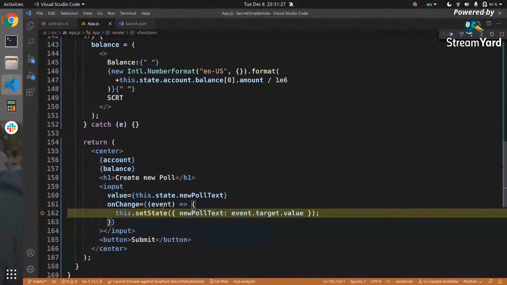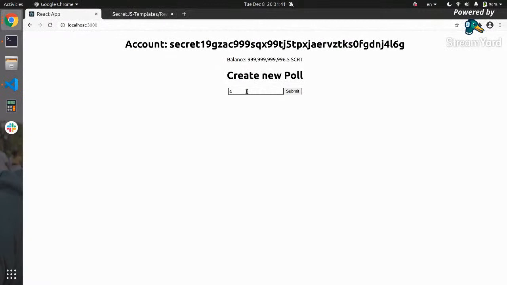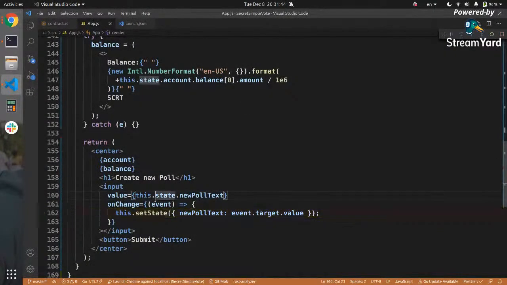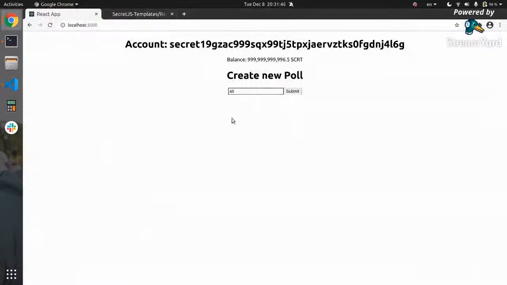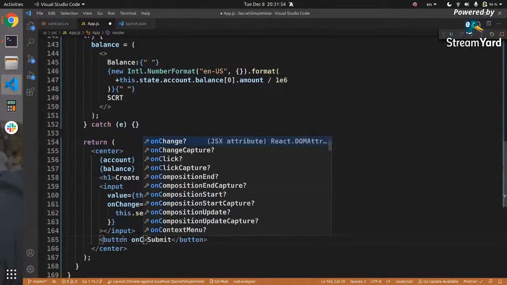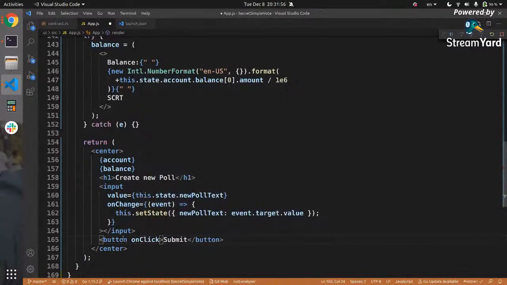Okay, event target value A. Cool. And then B. Okay, cool. This is working. And now on the submit button on click,